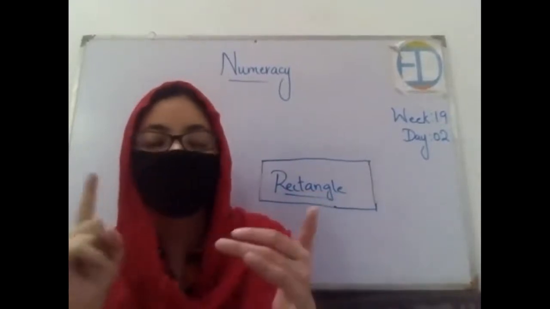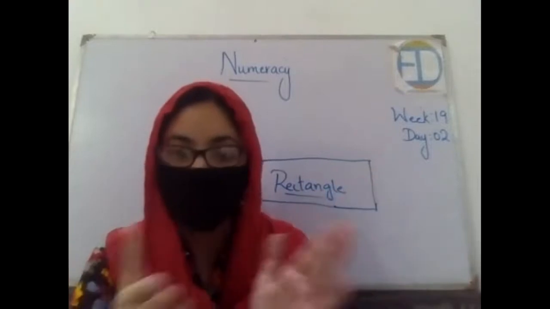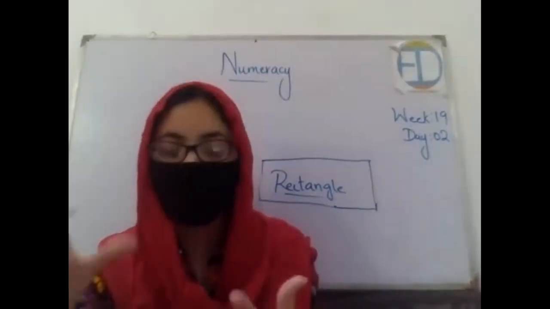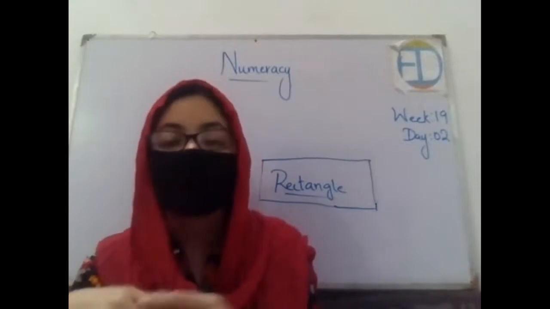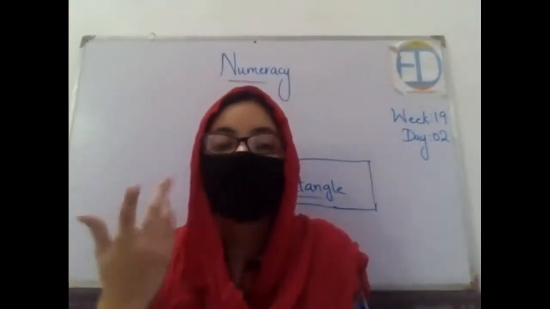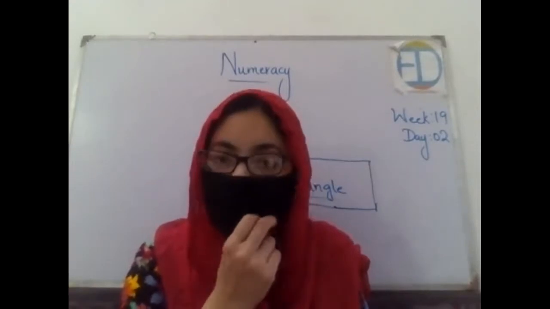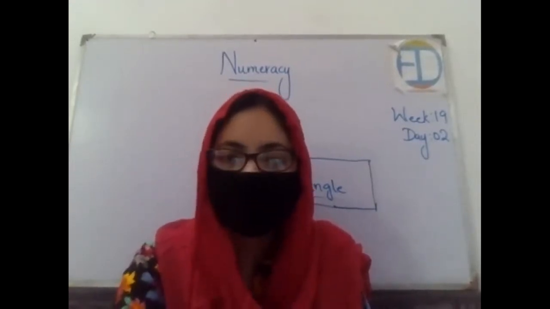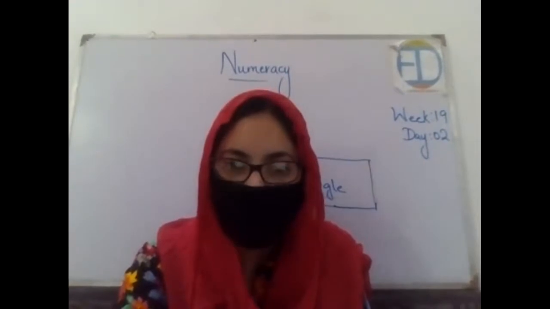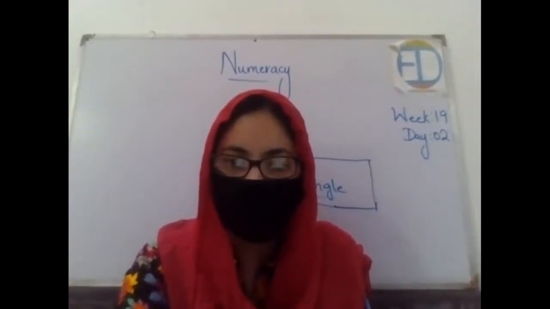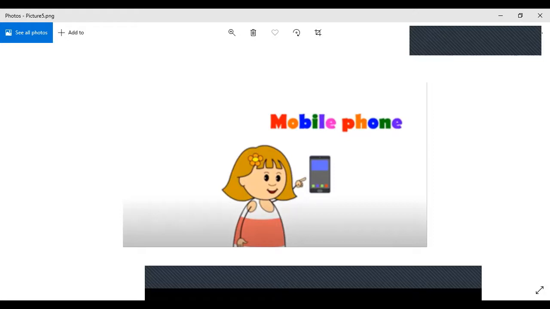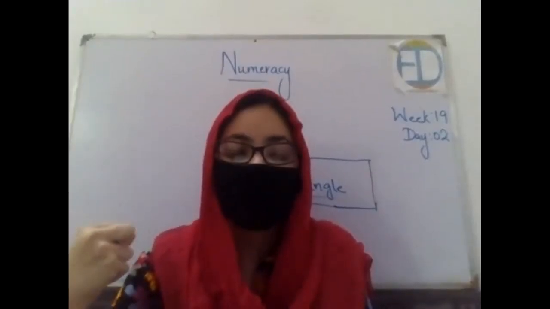Then the keyboard, then the laptop, see the laptop screen, this is also in rectangular shape. Then I showed you the duster. Then we have the mobile phone. Then we have the door. Then we have the books. Okay, let's see, do we have any other example of it? So here we have the mobile phone, which we have already discussed, right? So these are a few examples of the things that we use in our daily life and that have a rectangular shape.